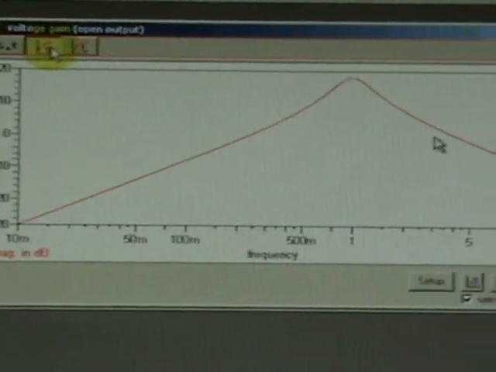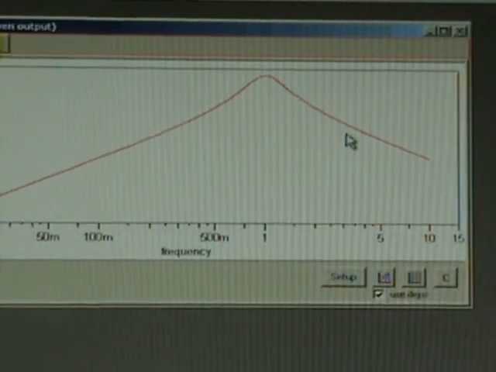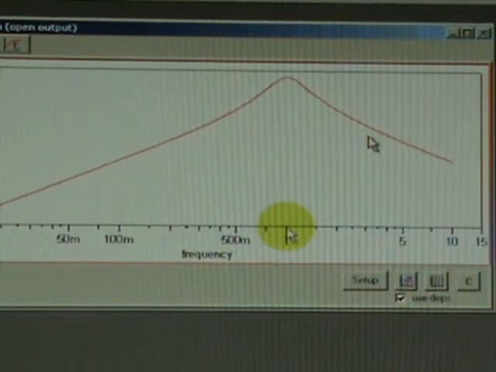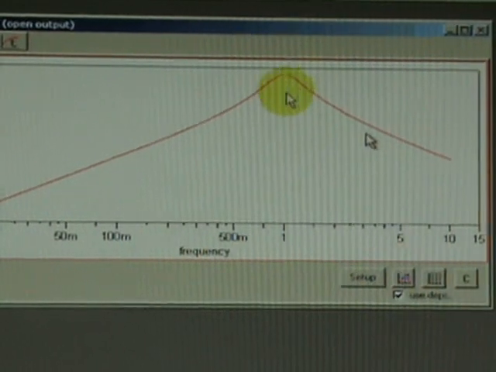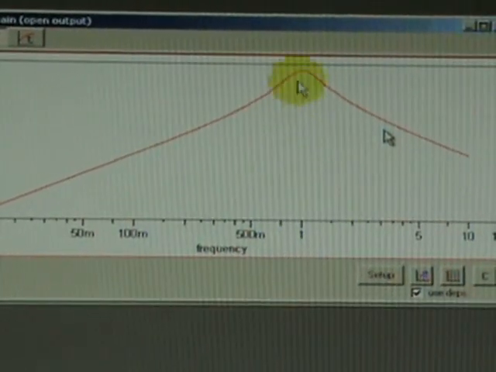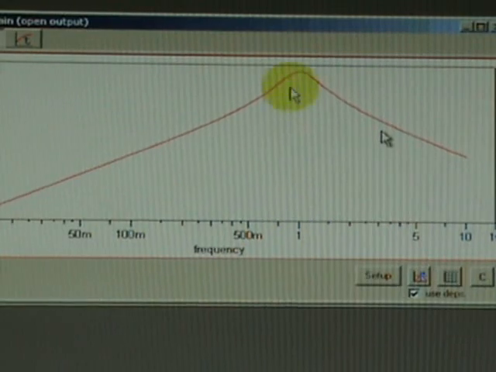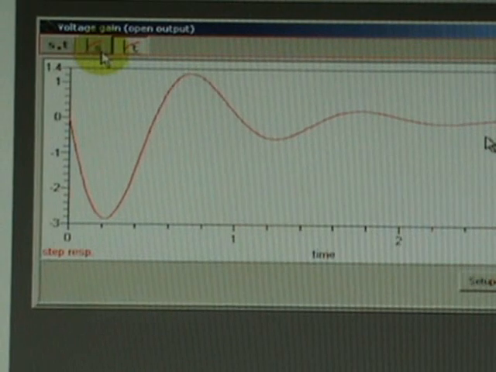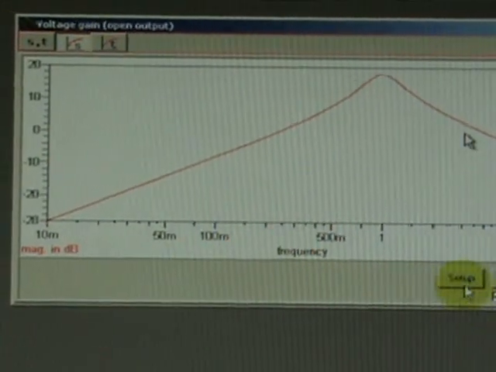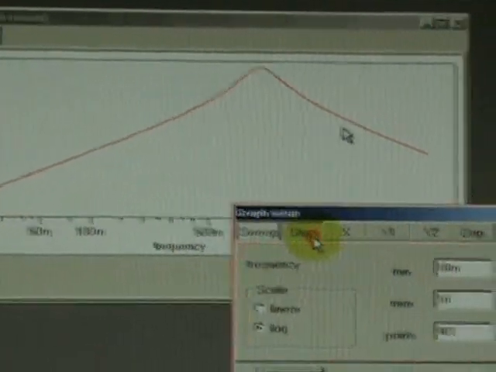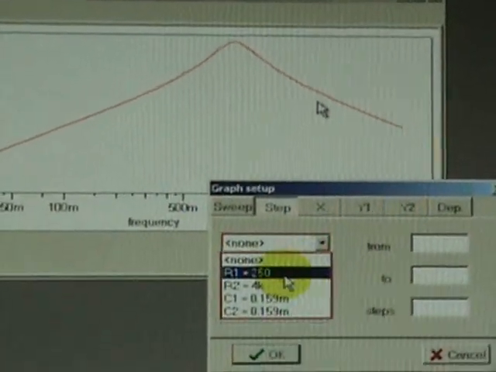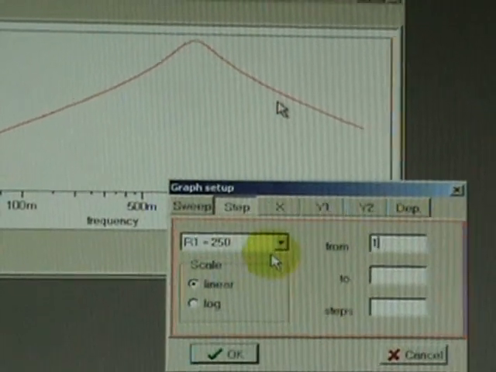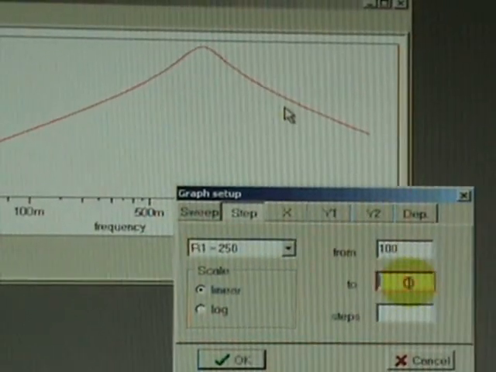This is the bandpass frequency response, where the center frequency, as we specified it, is at 1 kilohertz, and this is the corresponding time step response. Likewise, we can step the parameter. Let's try the R1, let us say starting from 100 to 500. Let us